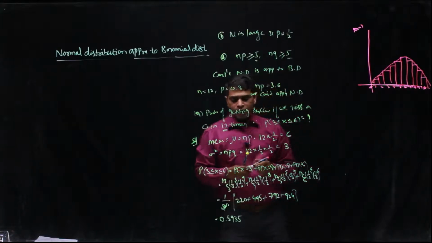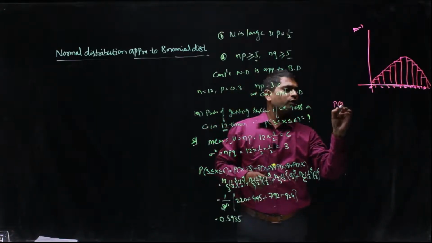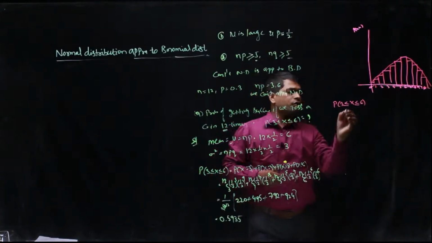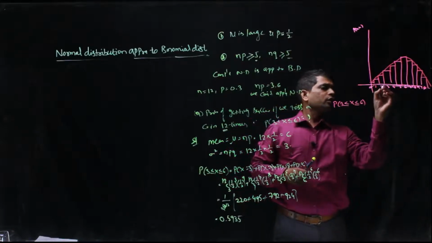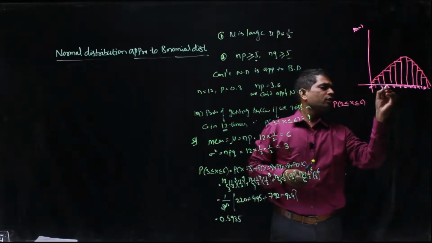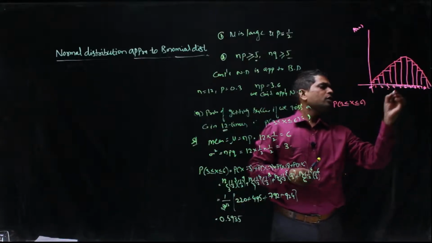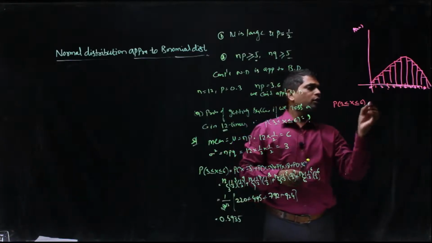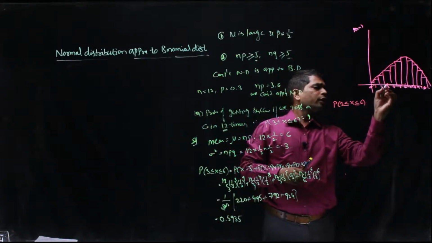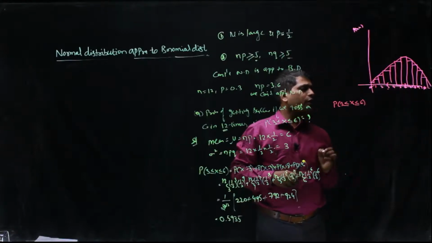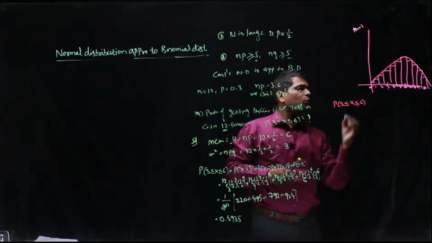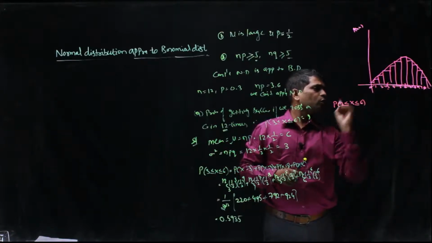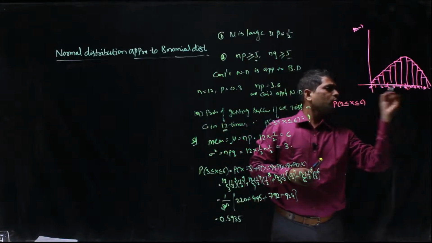Now I want to calculate the probability of 3 less than or equal to x less than or equal to 6, so x is between 3 and 6 including both. Where is 3? Here it is 3, and 6 is here. But in a continuous distribution, if I find the probability only from 3 to 6, then whenever I convert into a normal distribution, I want to include this part also, and at the same time this part also.